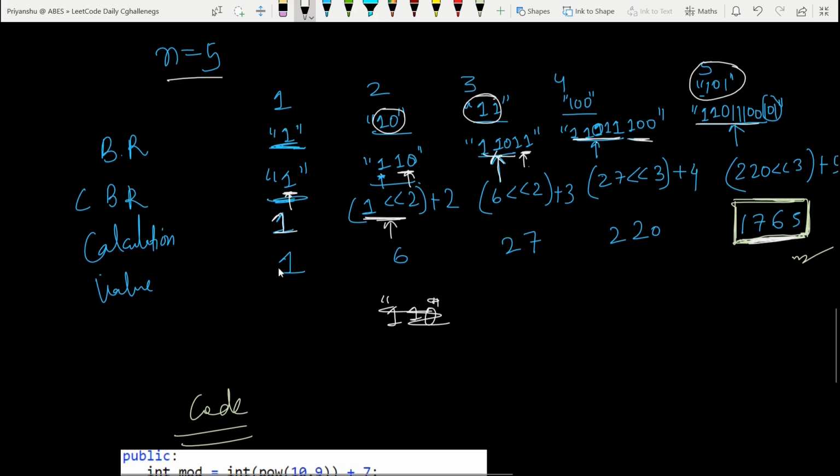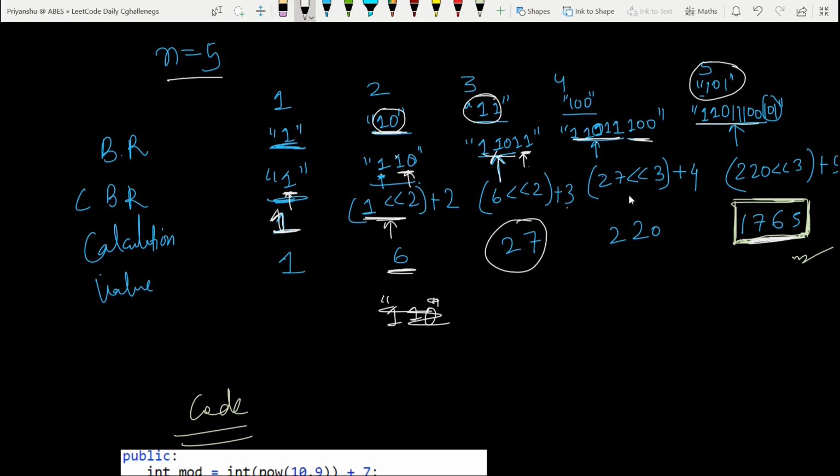So I have written it here. Initially we have 1. So 1 would be shifted 2 positions, since 2 positions are the number of bits in 2, and we have added 2 here. So now its value has become 6. Now this 6 will be shifted towards its right by the number of bits we have in 3, which is 2. So this 6 will be shifted 2 bits towards its right, and we will add 3 to it,